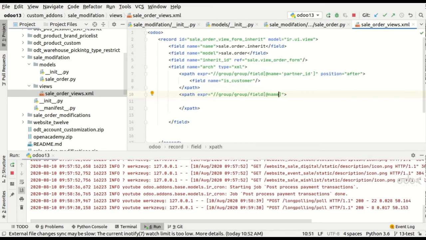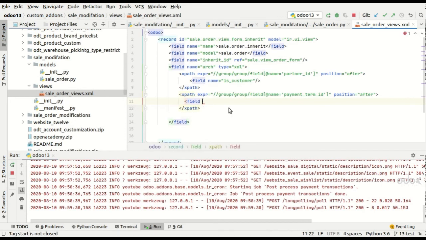So I'm going to give that particular field name here, payment_term_id, then you can give the position, whether it's after, before or something like that. So I'm going to give position equal to after the payment term as I have planned. Then you can give the field name too, that's the particular field name, payment method.